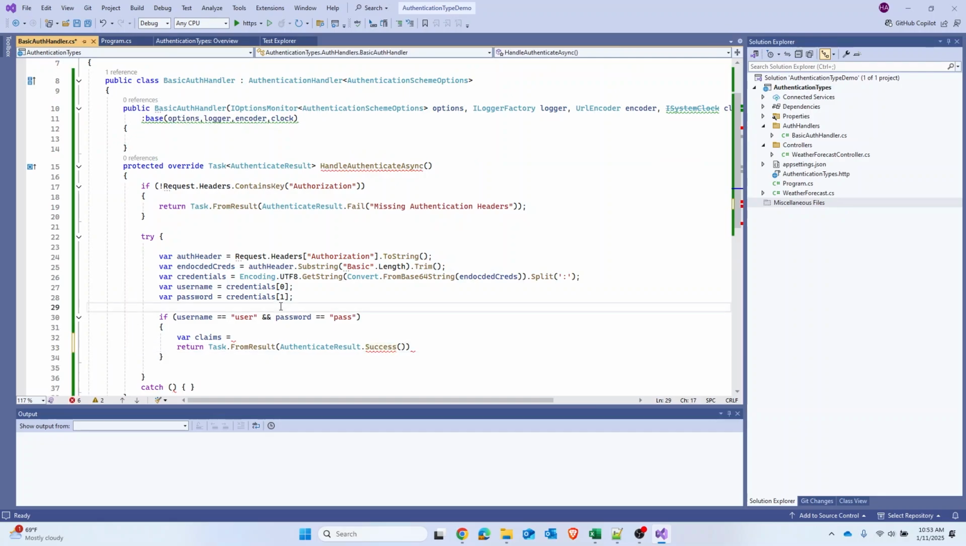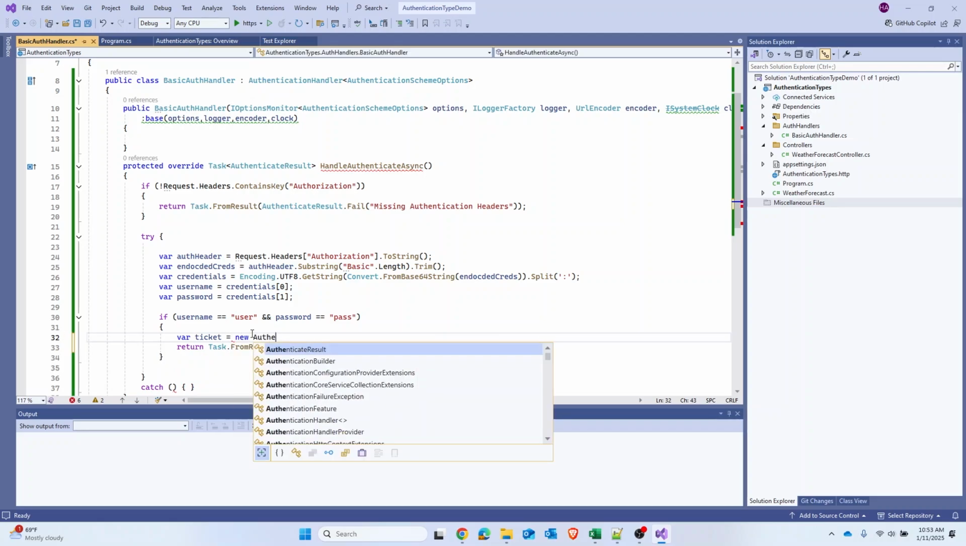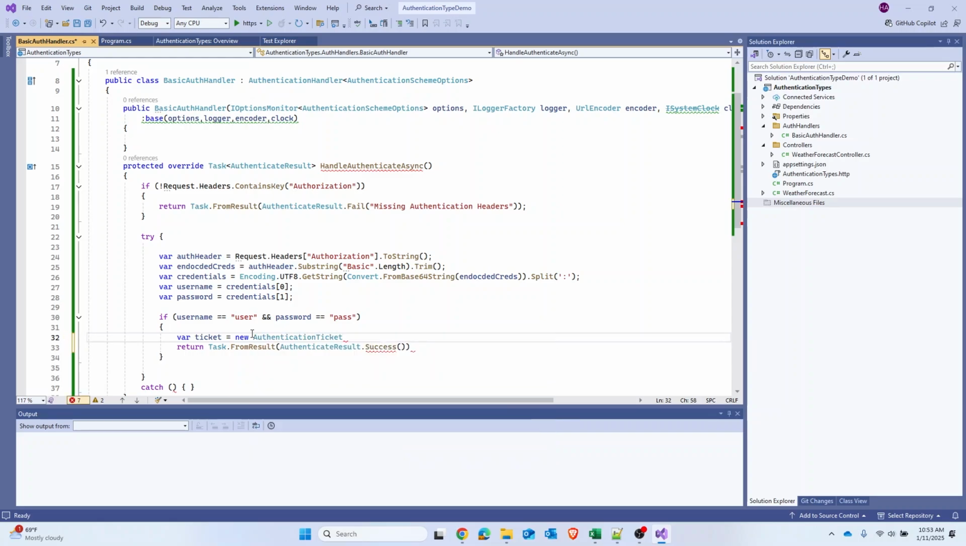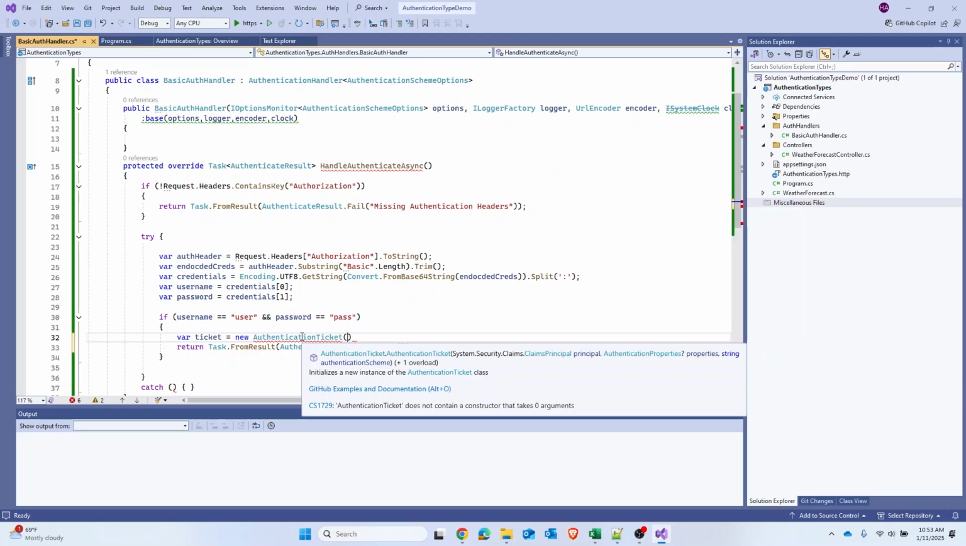Okay. So before we do this, I'll remove this claims thing. All right. So let's call my ticket authentication ticket as the ticket itself, and let's make it a new authentication ticket. I'll have to go back over there. If I look over here, it takes in a claims principal and then the authentication properties, which would be nullable, and then the authentication scheme. Okay. All right, so